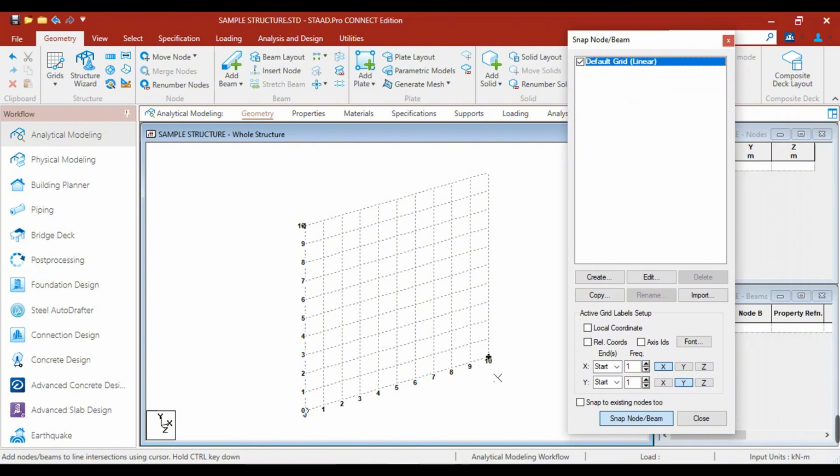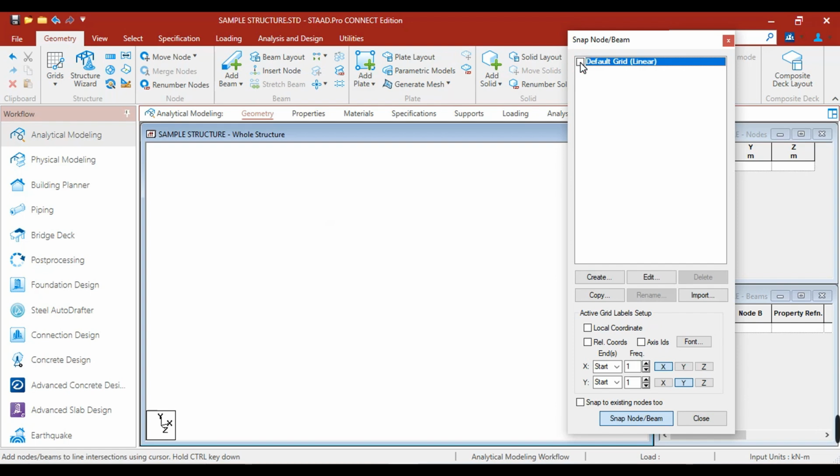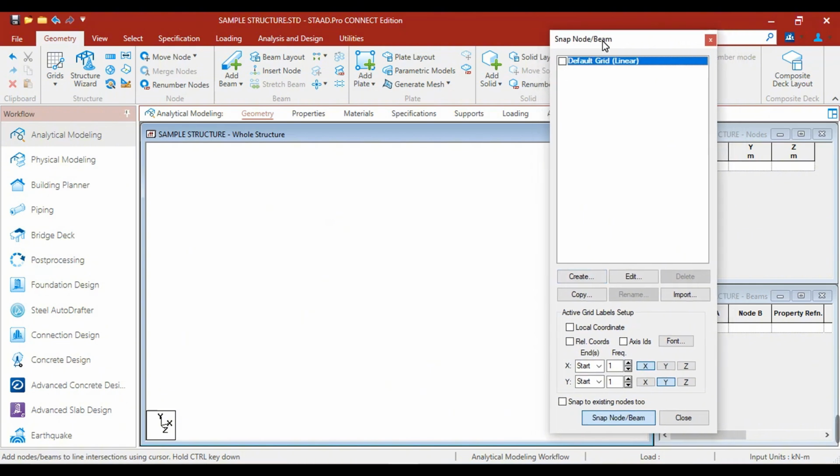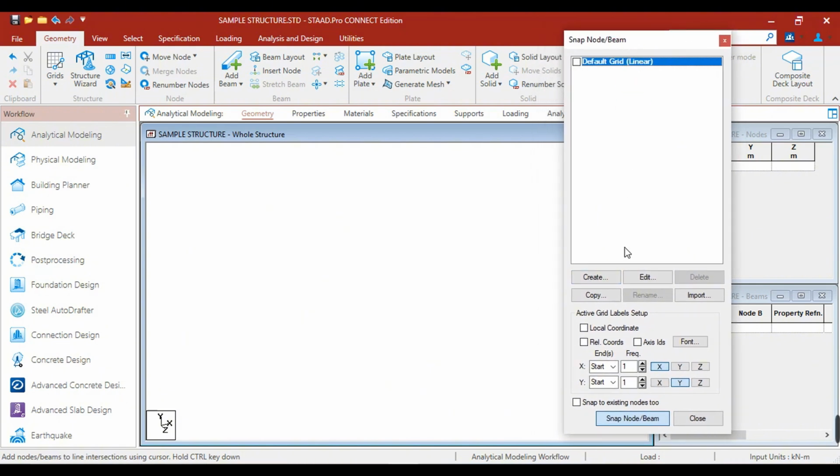But we can also create our own grid depending on the plan that we have. To unselect this default grid of STAAD, just uncheck default grid linear. Then we can now create our own grid line. So just click create.